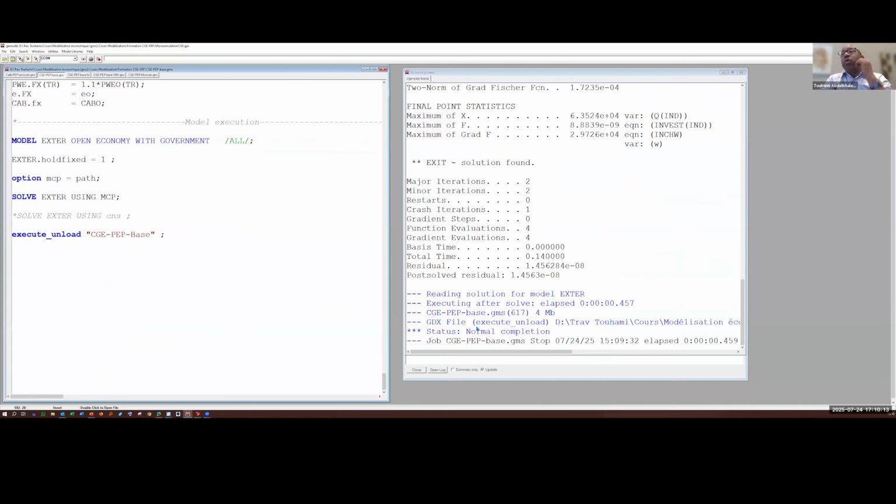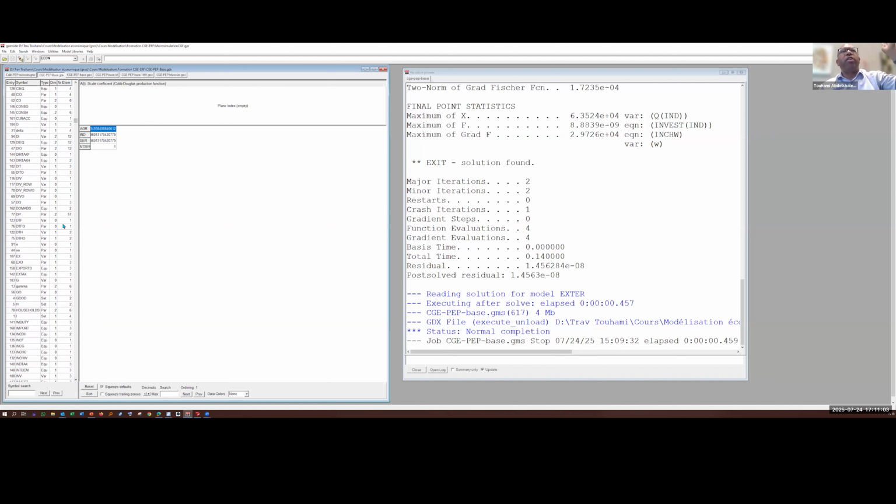Just to give you an example, this GDX file contains the CGI point base, CGI here. Do you see the results here? Do you see the situation here? These are all the results we have, parameters and variables in alphabetic order. So we can see the situation of all imports, exports. Look for the domestic value of the variable. This is the level of the domestic